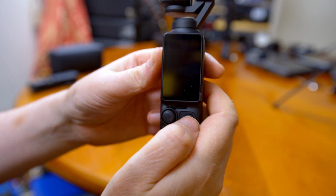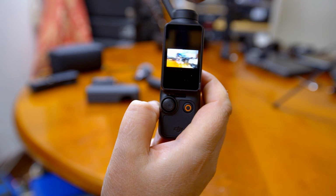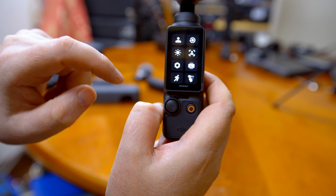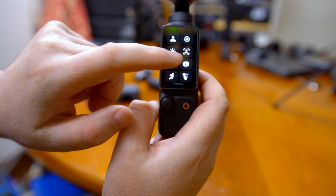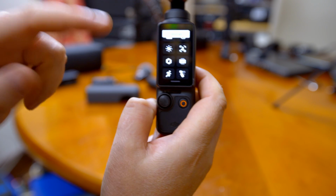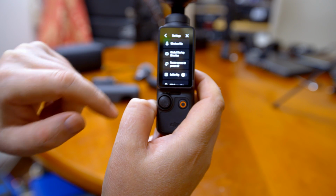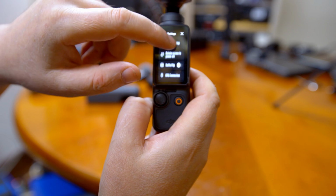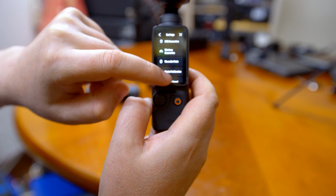The settings that I obviously have changed from day one is that when I turn it on, it's in landscape mode. So the things that are interesting to look at for this particular setup is this one here. This has always in portrait, auto rotation, landscape. I always wanted in landscape, right? By default it's in auto rotation. Then we go into settings and rotate screen to power off. You might want to turn that on or off. I don't care because I'm hardly going to rotate this. Then there is the, let's see here,